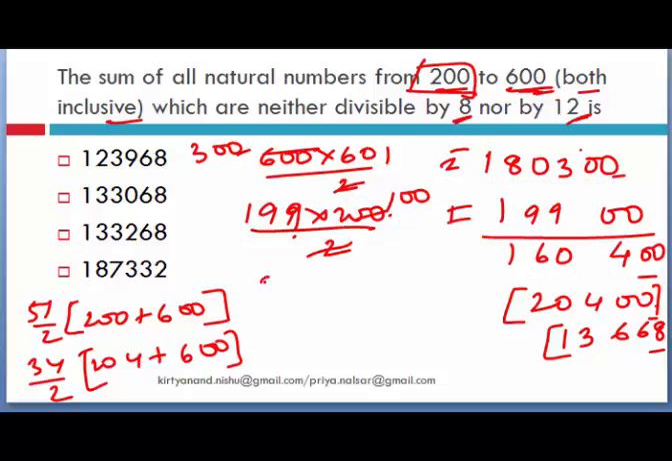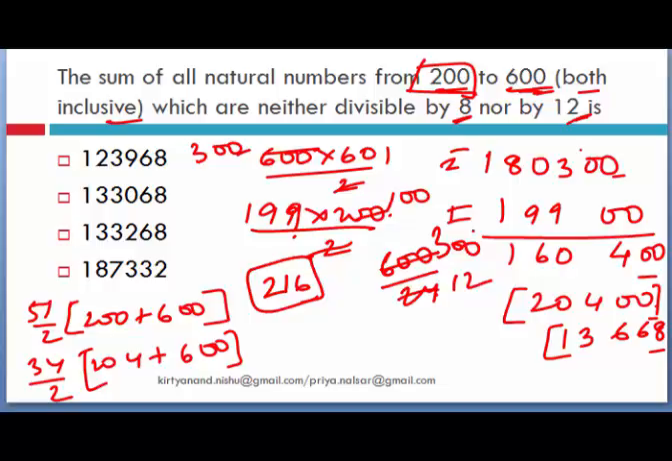So 204 plus 12 will be 216. Okay, so 216 will be the smallest number which will be divisible by 24, and on this side 600 by 24. If you do your maths, you can see that it's completely divisible. So 600 is the number which is divisible both by 8 and 12. So the first number of the series is 216,